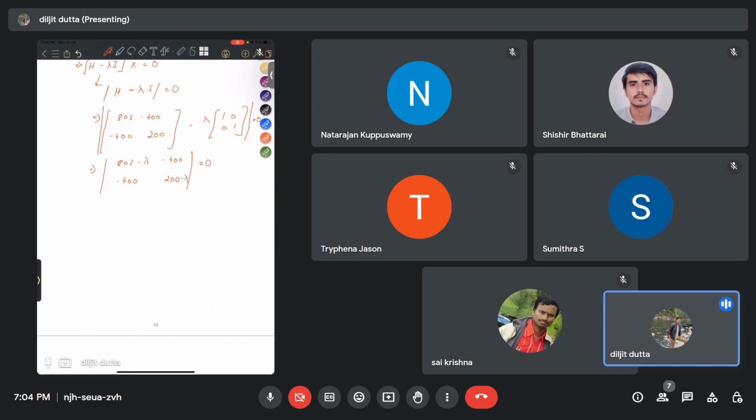So minus 16, minus 802 minus 200. So the equation is lambda square minus